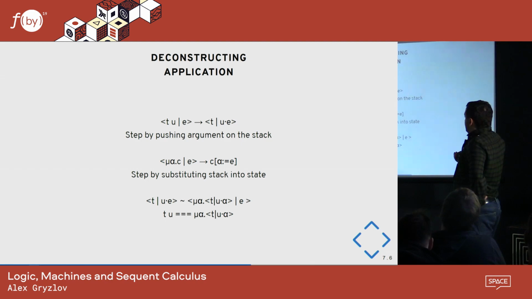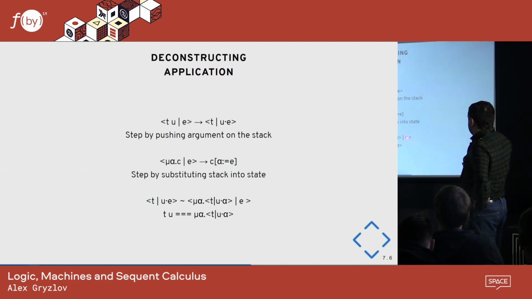So what does the application do? If you look at the definition, for example, of the Krivine machine, when you're reducing in the abstract machine, the application would push the arguments on the stack. And if you look at the rules of the sequent calculus, if you have a mu, you have a consumer expecting some continuation, and you give it a continuation, and it just substitutes this stack into this command. You can notice that this thing is equivalent to this thing, right? If you give e to this thing, then it will become this. It will just substitute e here.